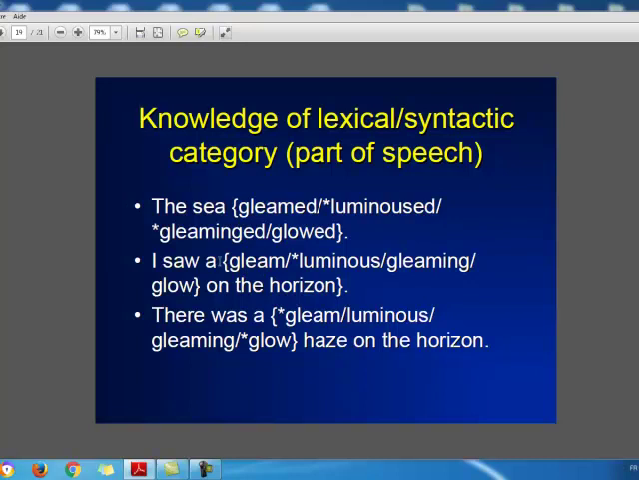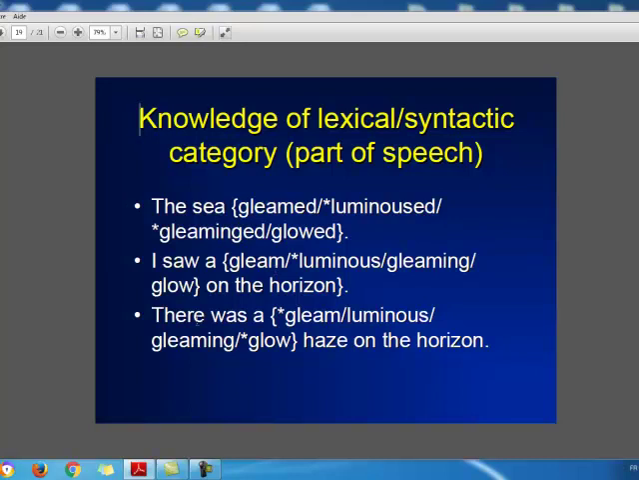We expect a noun to follow it here. So that's why we say I saw a gleam. This is possible. But is it possible to say I saw a luminous? And we stop. Look, this is not a noun. It cannot follow alone, of course, the indefinite article a. So the result is ungrammatical. I saw a gleaming. I saw a glow on the horizon. So here, we can make the difference between parts of speech according to the grammatical position that they occupy in